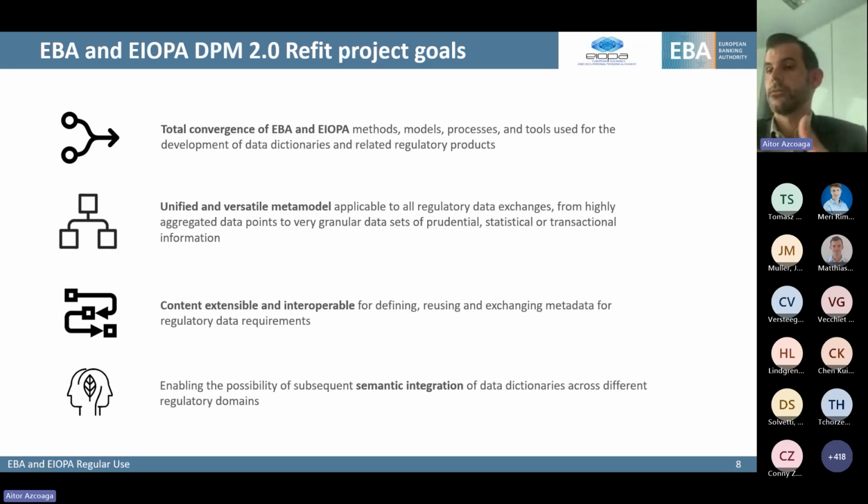So you open the door for different regulators to try to agree on common definitions for very similar elements, or at least to define a common glossary where the differences are stated. So those are the four core elements that we have in the Refit, on the long term, to open the door to this semantic integration that can be, from the bank perspective, also cross sector, like bank and insurance, because obviously we need to serve business concepts.